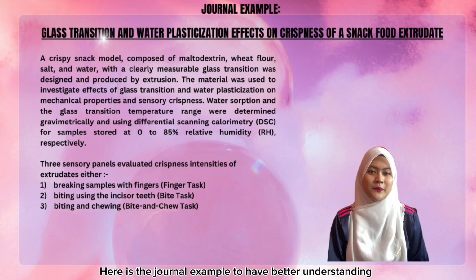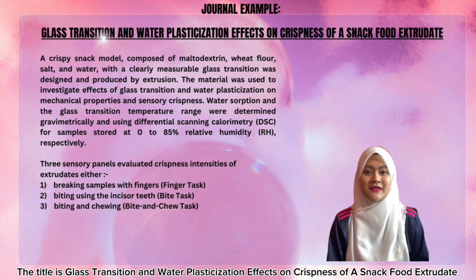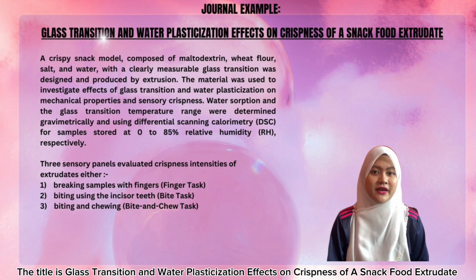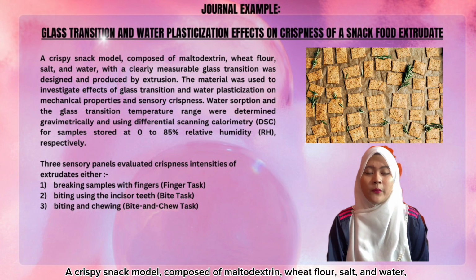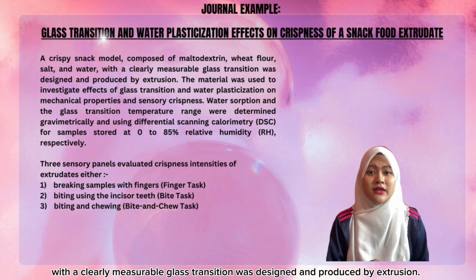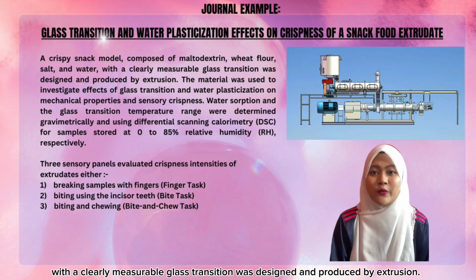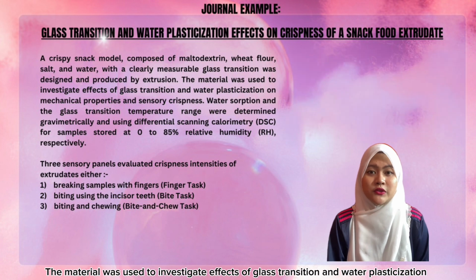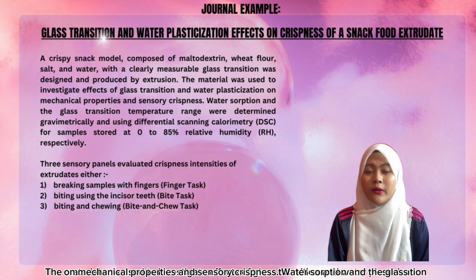Here is a journal example to have a better understanding. The title is Glass Transition and Water Plasticization Effects on Crispiness of a Snack Food Extrudate. A crispy snack model composed of maltodextrin with flour, salt, and water, with a clearly measurable glass transition, was designed and produced by extrusion. The material was used to investigate effects of glass transition and water plasticization on mechanical properties